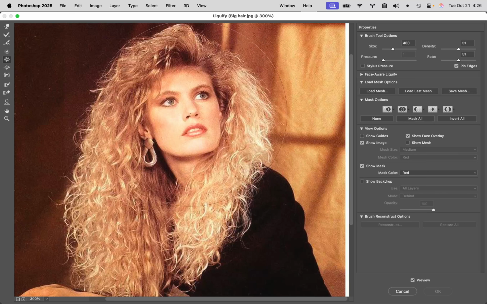The next tool down is the Pucker tool. So with the Pucker tool, again, I'm going to make this about the size of her face. Again, I have the very same controls here. I've got size, density, pressure now doesn't exist here, but rate does. So if you then hold this right, again, the center point right on her nose and click and hold it, it pulls her face. It's like puckering in. A lot of people call this pin cushioning. So if anybody in here sews and you have a pin cushion, it's a sort of like a small object that you can put pins into to keep them from rolling around. If you think about pushing a pin on that cushion,